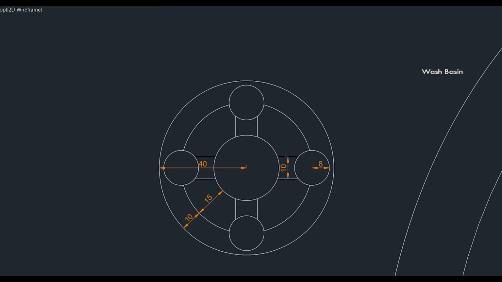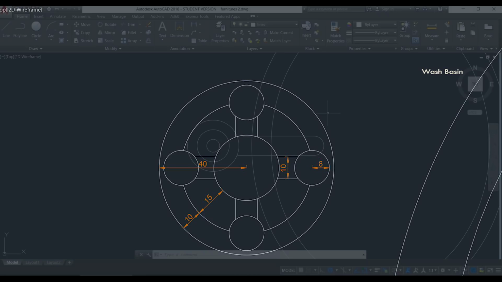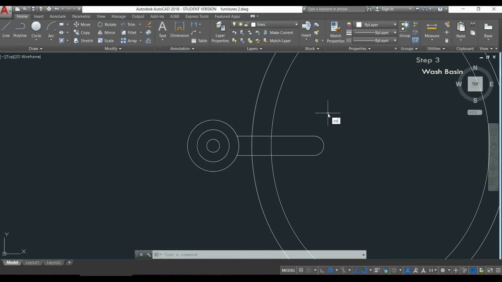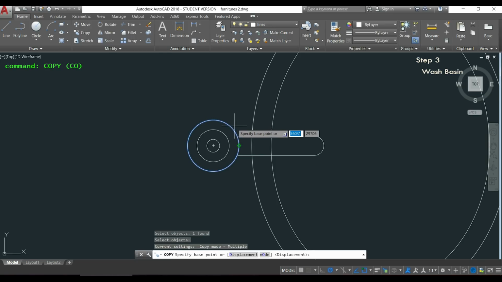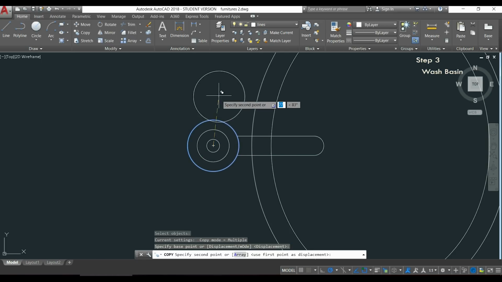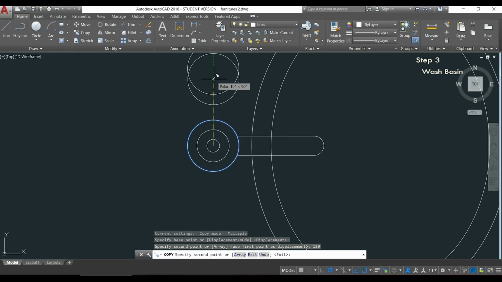On the next step, I'm going to draw this part, and for that I will show you a new command. First, we can simply use the command copy to put another external circle above. I click in the circle, then for the base point I choose the center, I drag it up vertically and type the distance, which is 120. Then I press escape